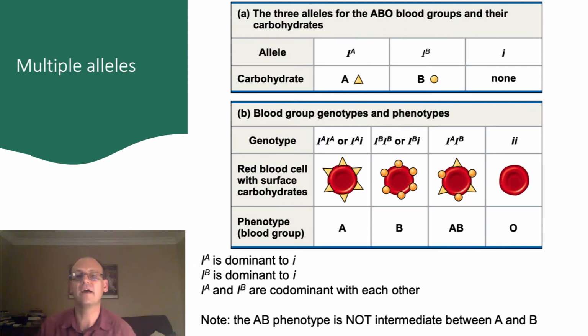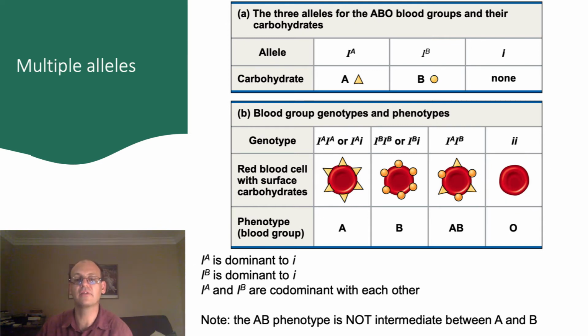In the ABO blood types, there are three common alleles in our population. The IA allele causes the cell to put a molecule on the surface of the red blood cells in much the same way as the MN blood types we looked at previously. Cells with only A-type molecules on their surface result in an individual having blood type A. The IB allele causes the cell to place B-type carbohydrates on its surface, resulting in type B blood in homozygotes. And the small i allele results in no carbohydrates being put on the cell surface.